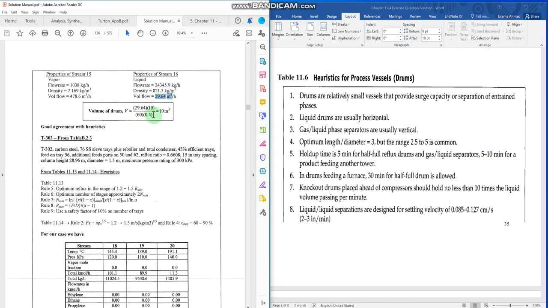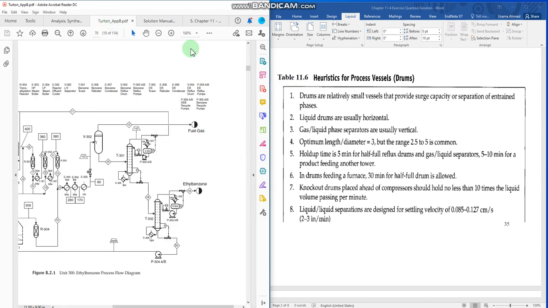So we can either divide it by 0.5, or you can multiply this by 2. Okay, so the volume of the drum comes out to be 10 meter cube. Now we can say this one. If you go back to this table here, the value for this drum here,